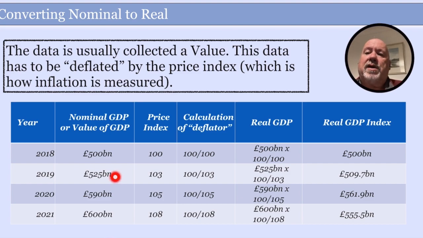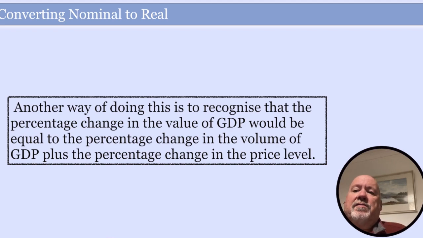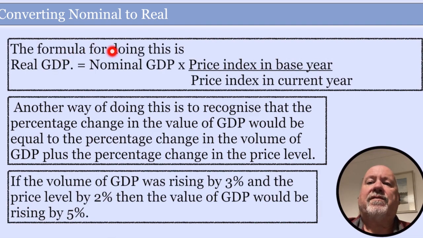Okay, same here. You take the 590 in 2020. You say, I want to know what real GDP is. You take the 590, you take the value, multiply it by 100, divide by 105. This year, 100 divided by 108. So you're always deflating the figures in that way. And the formula for it really is given here. Let me go through the slide. The formula is real GDP is the nominal GDP times the price index in that first, sometimes we call it the base year, price divided by the price index in the current year. Okay,